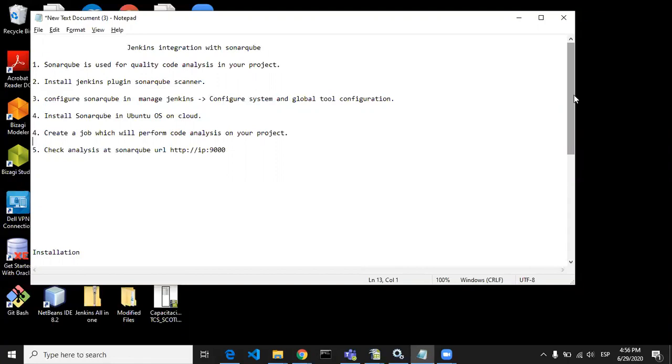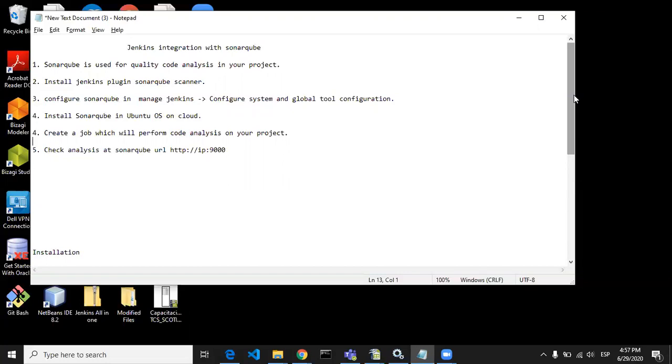Okay. So what is SonarQube? SonarQube is particularly used in our project for code quality analysis. This way you will maintain the quality of your code, catching bugs which we don't see in compilation or runtime, but which are related to code quality.